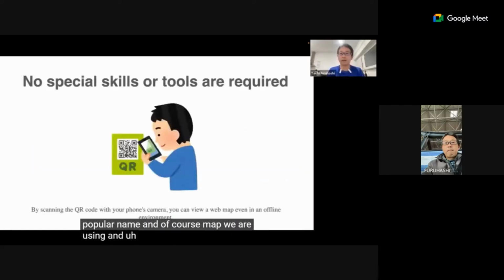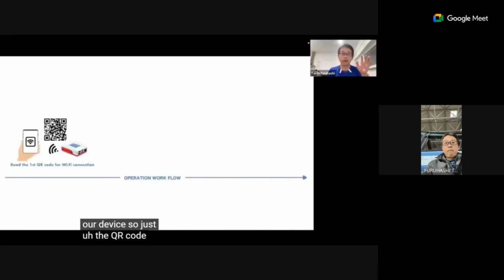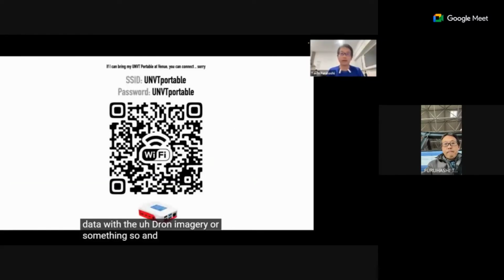Our Raspberry Pi use case is very easy. If someone wants to connect to our device, they just scan a QR code, and the user can access via the local Wi-Fi. After that, we can provide another QR code, and the user can access our web map data with drone imagery or something. This is a sample.